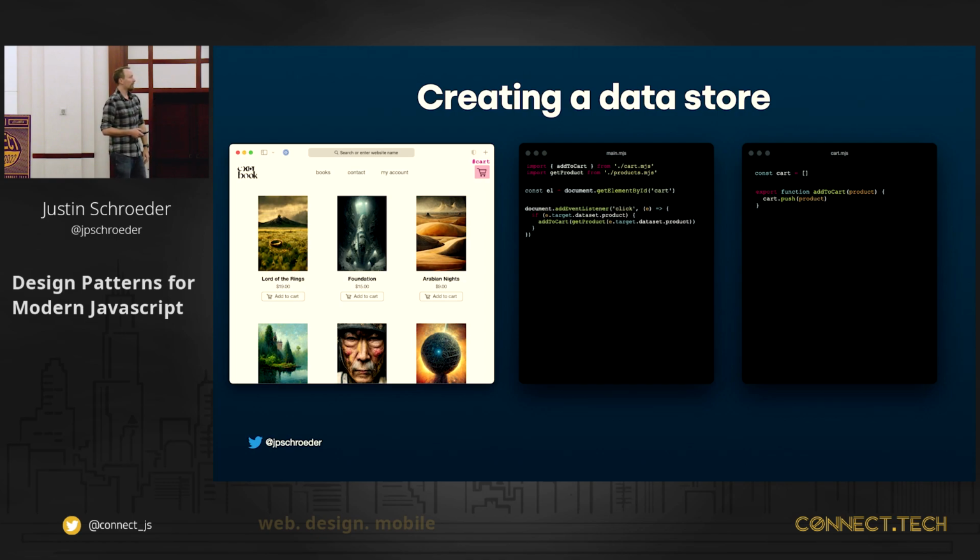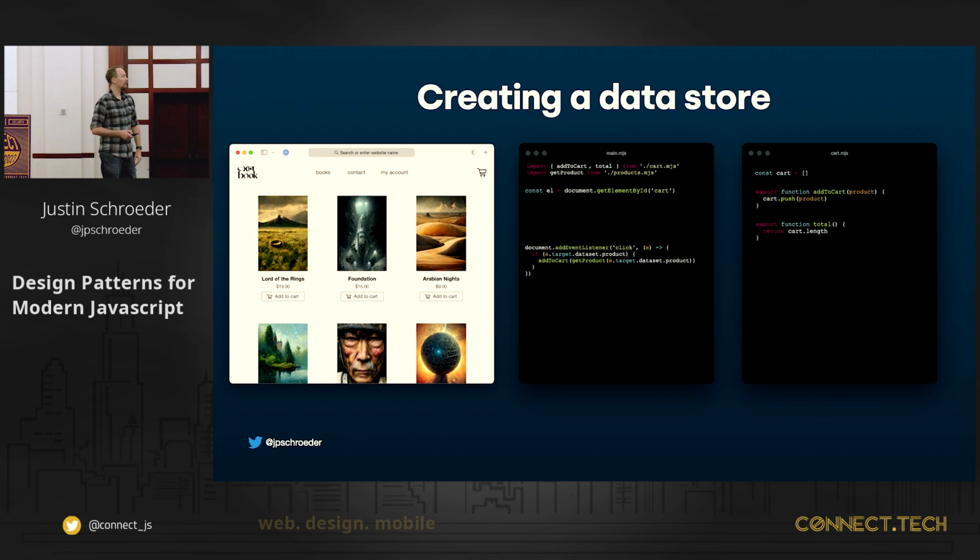Well, first we'll just go ahead and do the old school getElementById. We'll get that element up there. And then we want to put the total number of items in our cart somewhere around that. So we'll create a method for it, or a function for it, over in our cart module. We'll import that in our second module. And then at that point, all we really need to do is add, there we go,